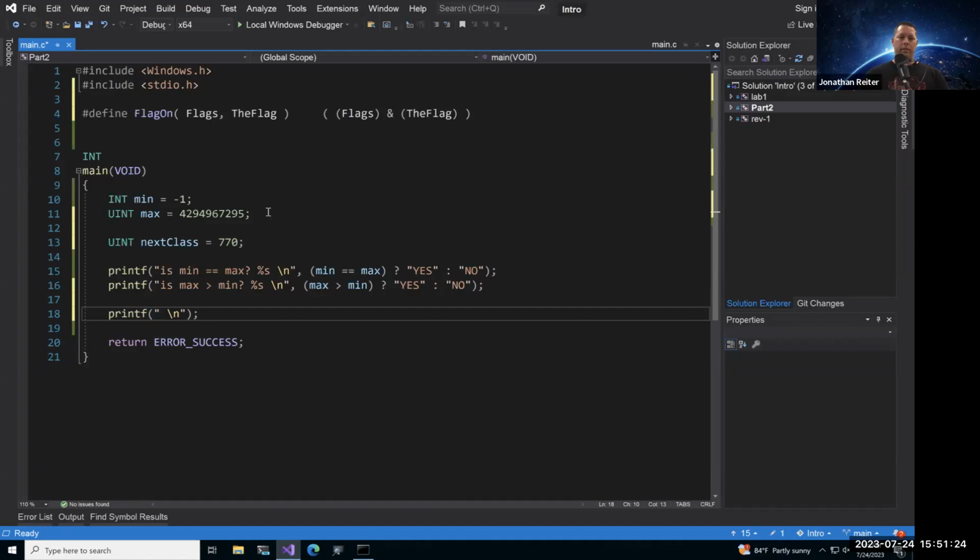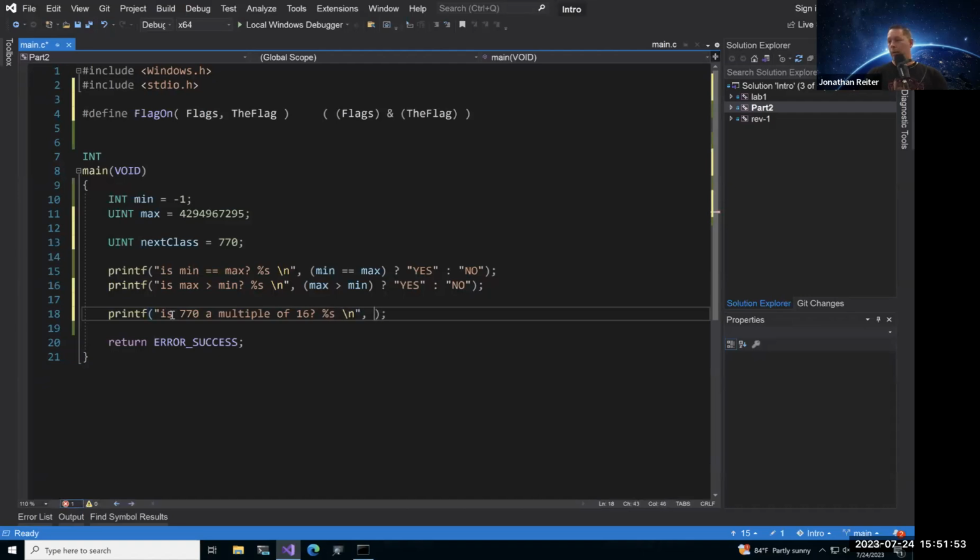Obviously, in your implant code and stuff like that, you're not going to be printing anything out to the terminal window. That's definitely not going to be a thing. In any case, what this printf statement is going to do is display a question to the screen and say, is 770 a multiple of 16? We'll do a %s.